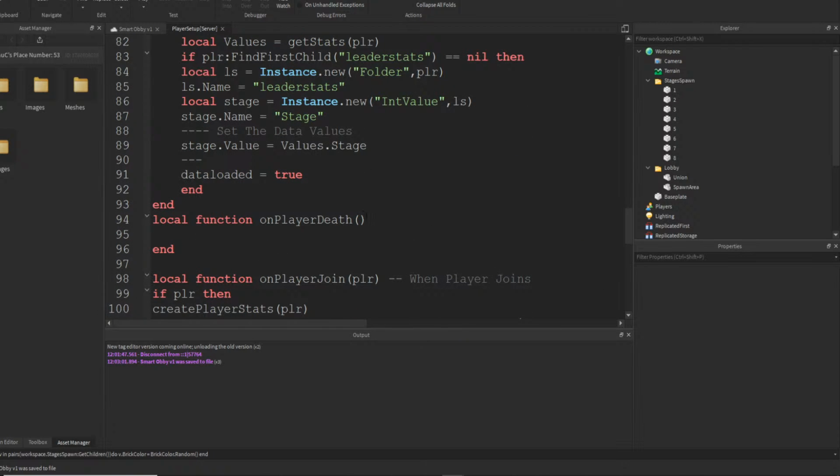So now we can come up here and we can say character. So now what we're going to do is we want to say wait respawn time. I think I'm just going to have to look this up, one second. We're just going to make it